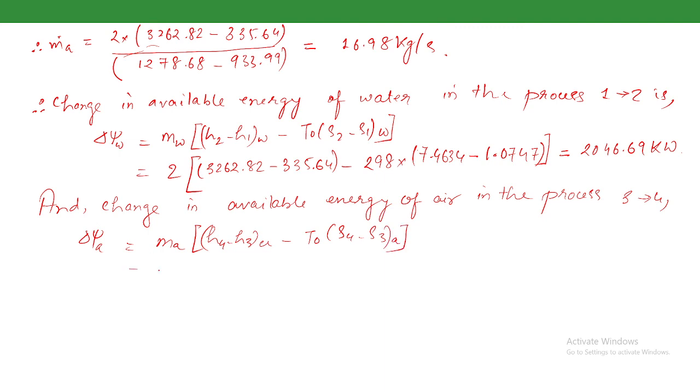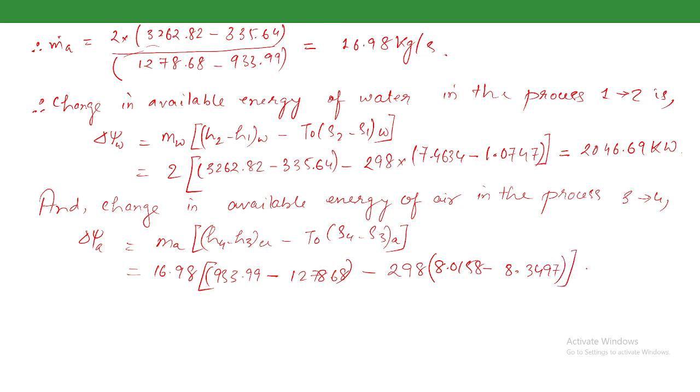Okay, so this is 16.98 times H4 minus H3 is 933.99 minus 1278.68, minus 298 times 8.0158 minus 8.3497. Okay, so this value comes out to be minus 4163.28 kilowatt. Okay, therefore